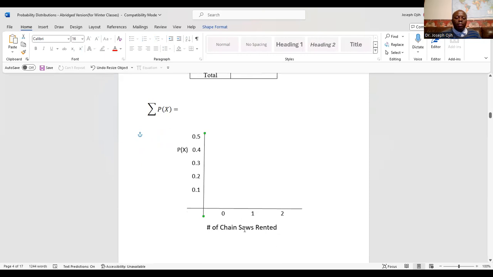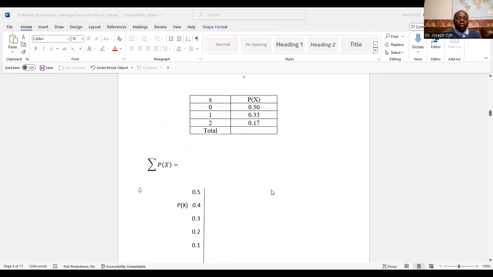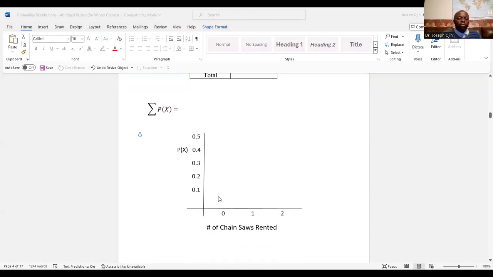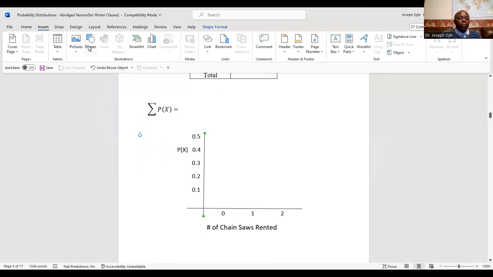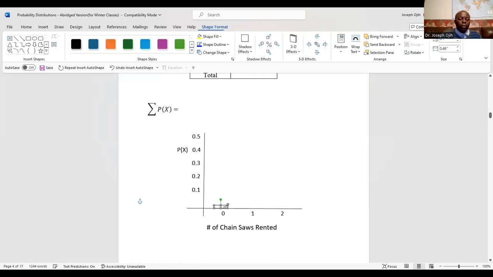The chart. We can now make the chart. Okay, everybody's in. Excellent. Let me make the chart. For 0 it is 0.5, so I'm going to draw 0 right here. Let me draw 0.5. Okay, 0.5 is right here, all the way to 0.5. Now for 1 it is 0.33. Look at 0.3 right here. So 0.33 should be around this neighborhood. So for 1, 0.3.